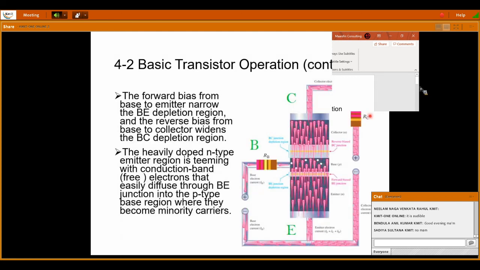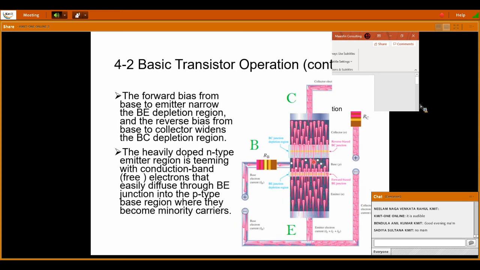So this is a basic transistor operation which I can explain using an NPN transistor. Now I took an NPN transistor, hence this is my emitter region and this is my collector region, and in between those two regions we have a base region which has very little space. This is the actual physical size of this base region, but the applied biasing on the input and output junctions can cause a reduction in the base width.